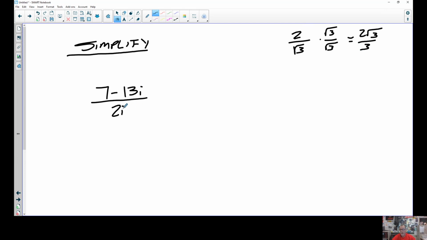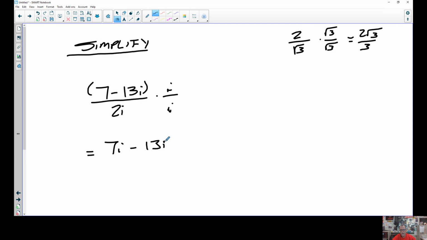Same idea here. I want to get rid of this i in the bottom. So if I multiply i times another i I get i squared, which is negative 1. So I can do it in a basic sense just by multiplying it. Again, I have to do it top and bottom, so I'm not changing the number. This is 1 because it's i over i is 1. But I can multiply this, and when I do that, this i just gets distributed through here. So I would have 7i minus 13i